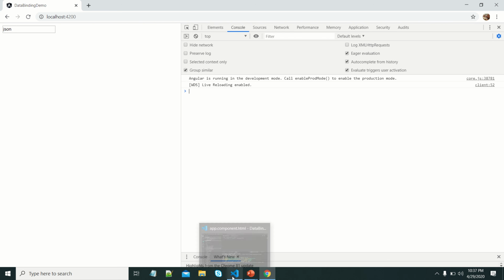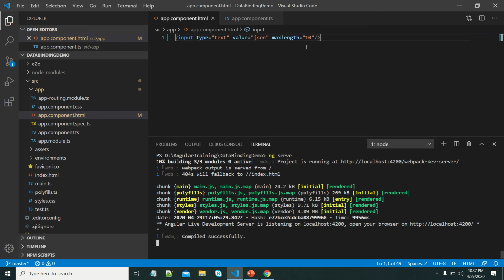Let me add an ID attribute. Generally, this is used to identify this specific input element uniquely. Let me give it the name studName. Let me copy this.